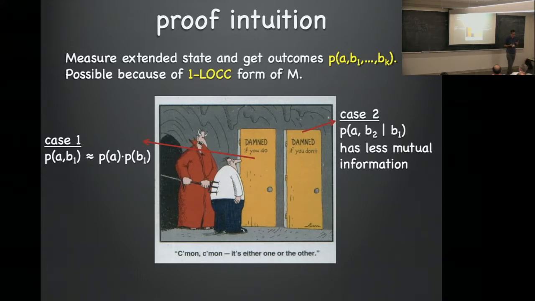And the types of M: in one case it's one-way LOCC, which means one-way local operations and classical communication. In the other case, I said M is like a fully general measurement. You can restrict it slightly to be something called a separable measurement, but it's still quite a bit more general than what the algorithm applies to.